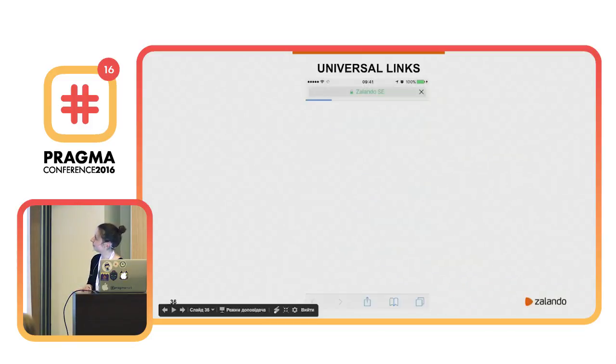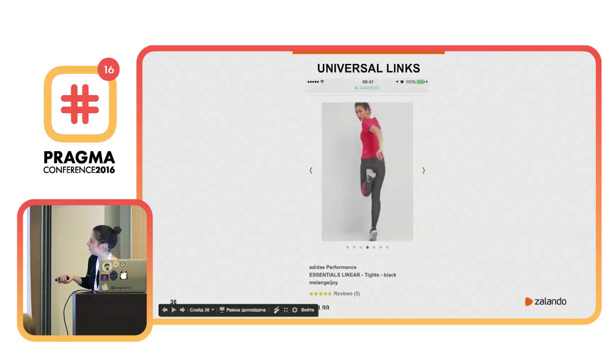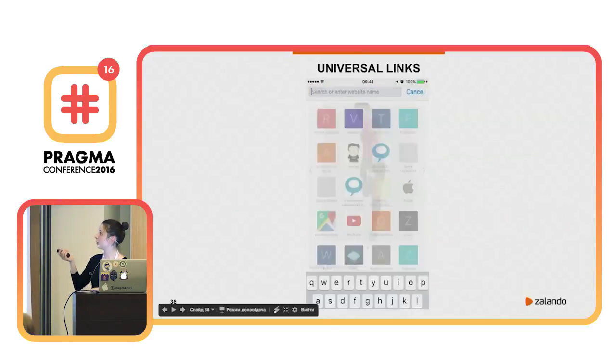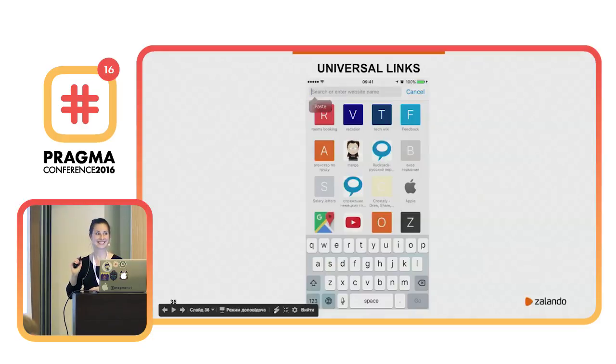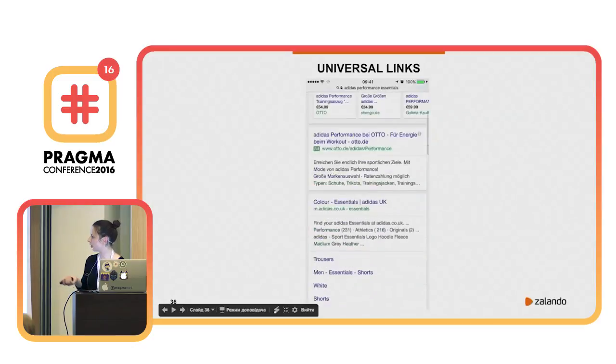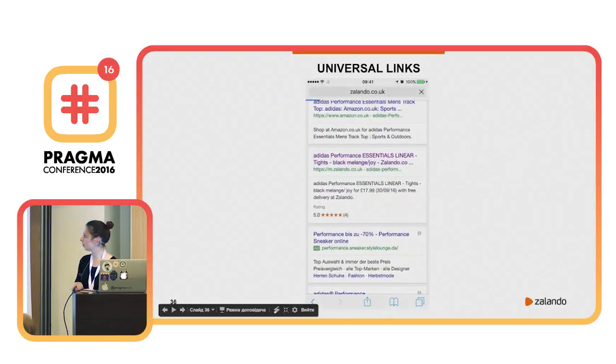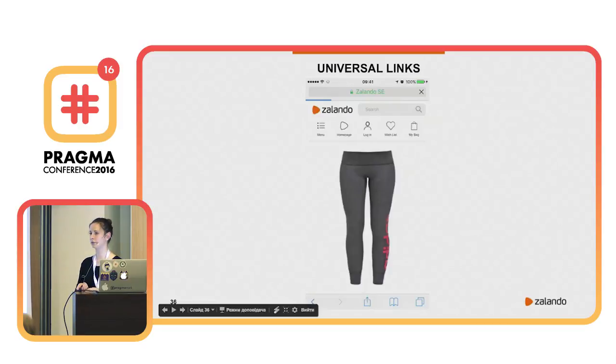So this is another example. Okay, I decided to come back to the website. And then, next time, when I search for Adidas, I get the same link, the application is still installed, but what happened?